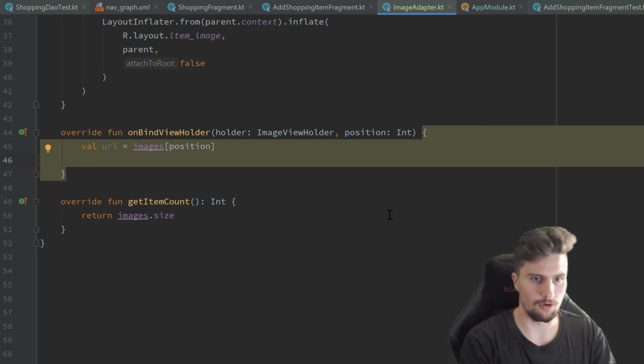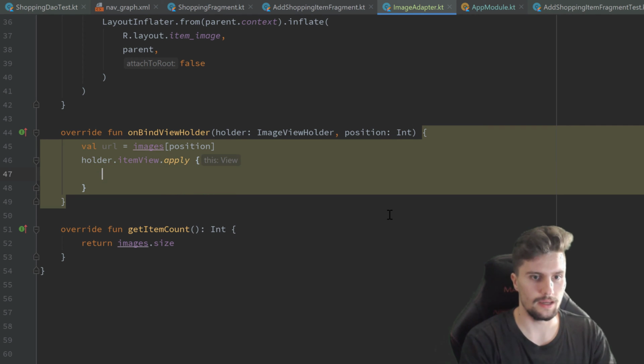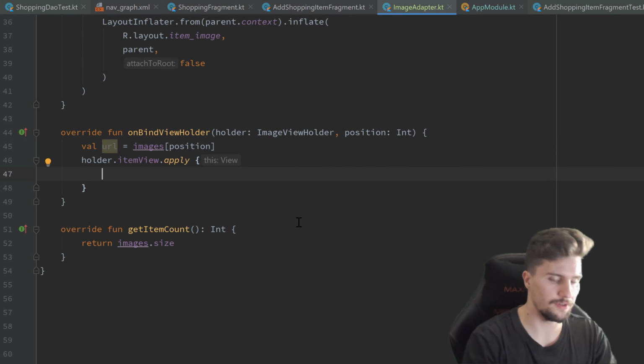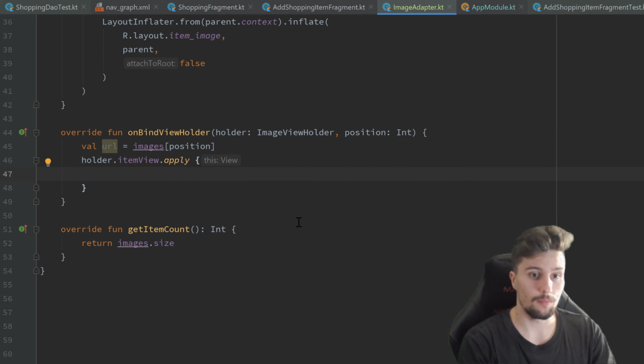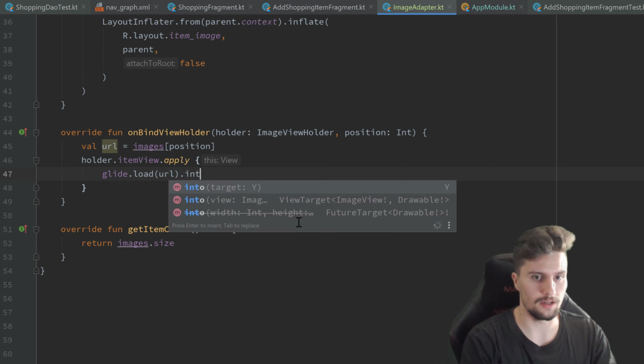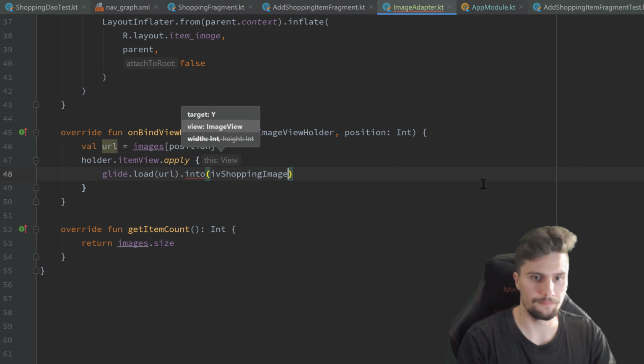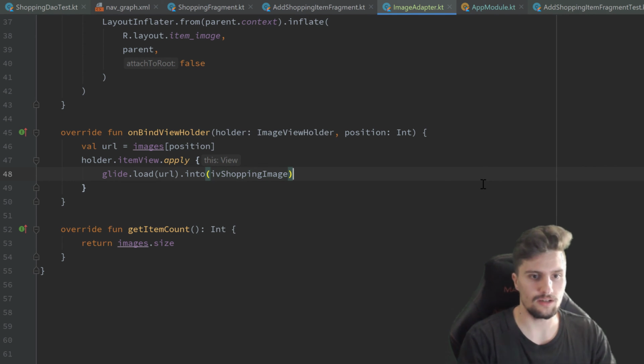And then we can use our holder.itemView.apply. And now we want to load the image from that URL into our image view of that corresponding item by using Glide. So our Glide instance.load our URL.into our ivShoppingImage from item_image.xml. So import that. And I also want to create an on-item click listener in here, so we can very easily